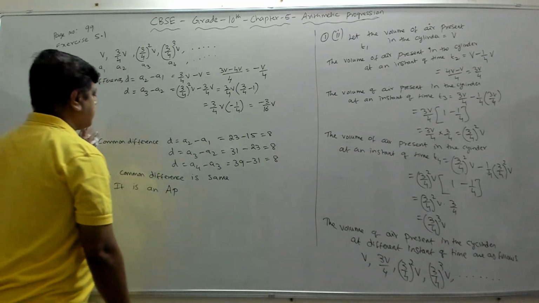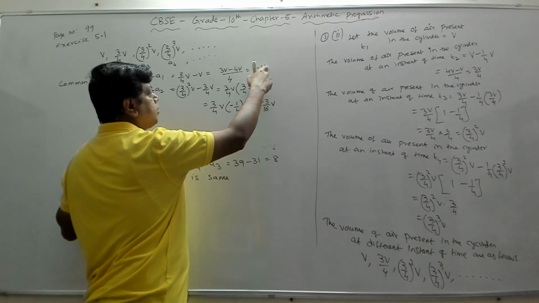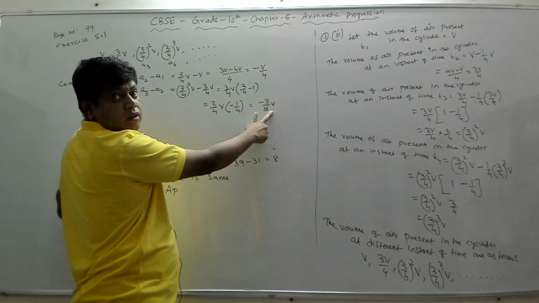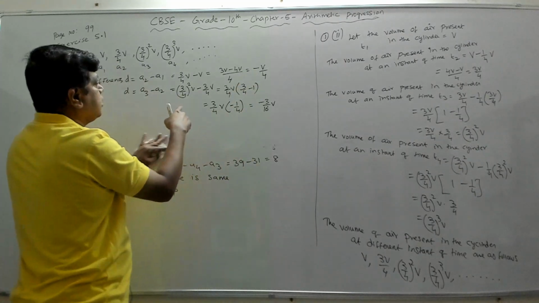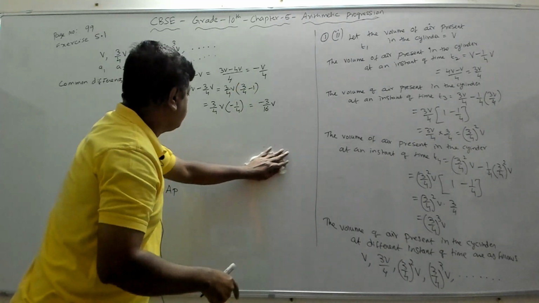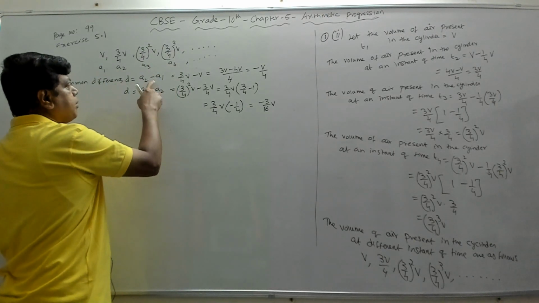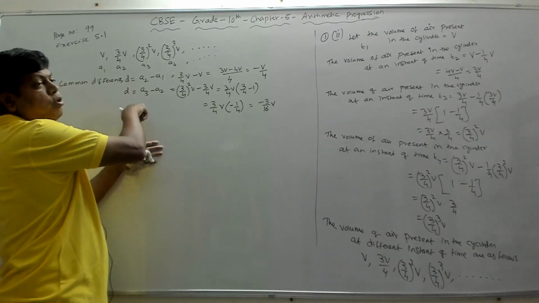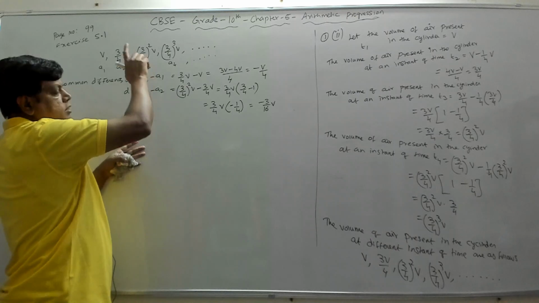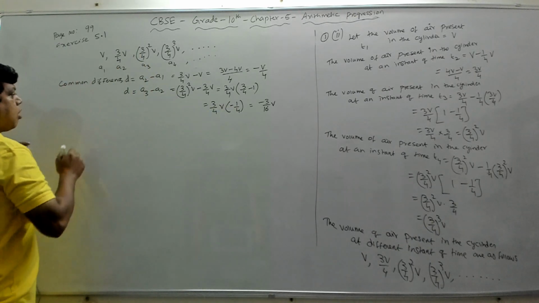What is the common difference? Now the common difference is minus 3 by 16 V, but earlier it was minus V by 4. They are changing. They are not matching. This is minus V by 4. This is minus 3 by 16 V or minus 3V by 16. So A3 minus A2 is not matching with A2 minus A1. So therefore the common difference is not same. We need not find A4 minus A3. You need not do this minus this, because here itself it is not an AP.